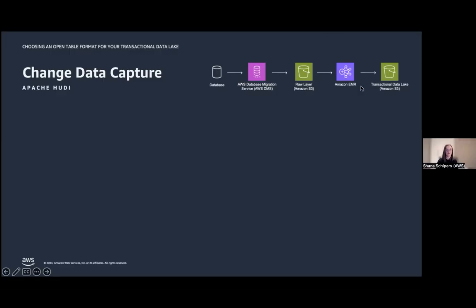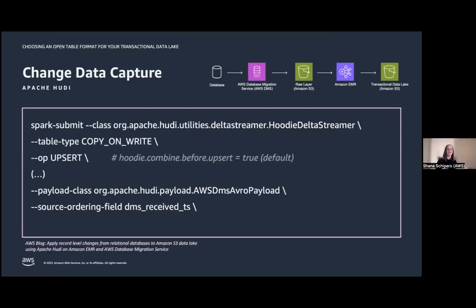So basically what we're going to look at now, how to implement this with Hoodie, is this part, this Amazon EMR part. What would that look like on Hoodie? The nice thing about Apache Hoodie is that it offers a utility out of the box. So let's think of this as a prepackaged Spark application that you don't need to write any code for. It's just a utility that Hoodie offers that you can start using like this in a Spark submit. And this utility basically